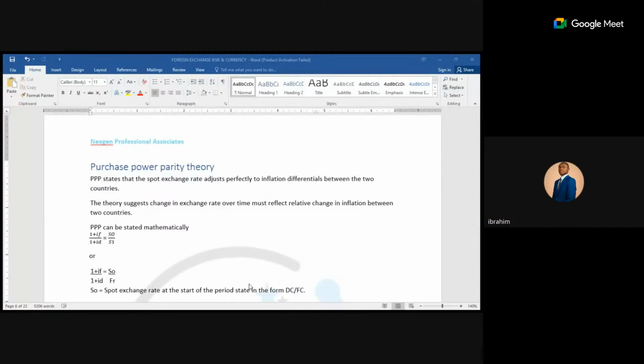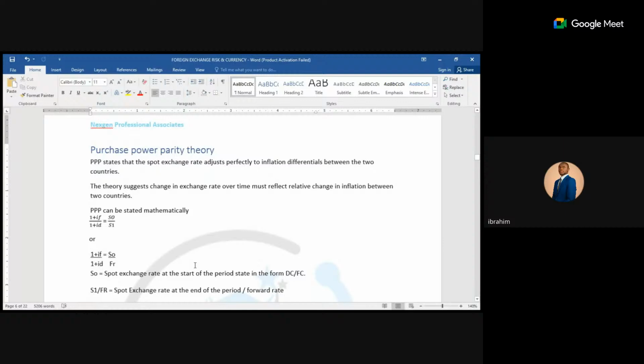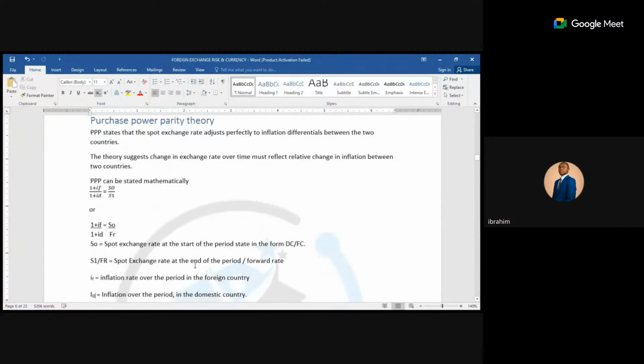You should know that this is an inflation rate, and you need to adjust it with the exchange rate given to you in the question. So now the question is, how do we determine the future rate using the purchasing power parity? Can you see it? The forward rate will be equal to